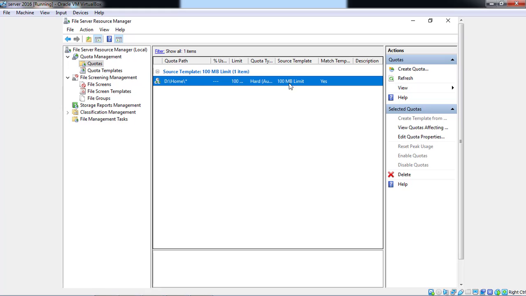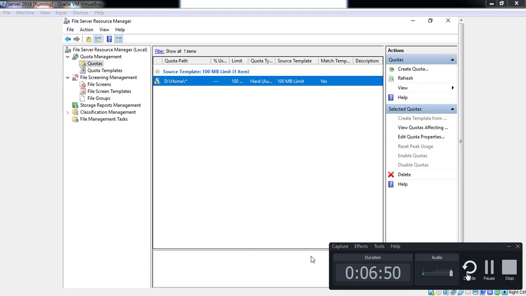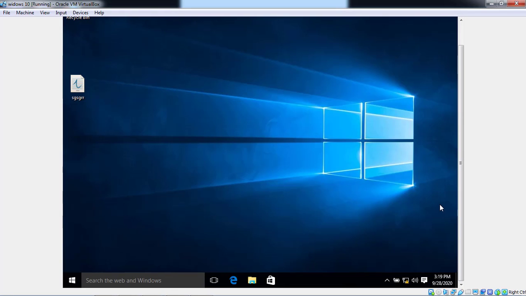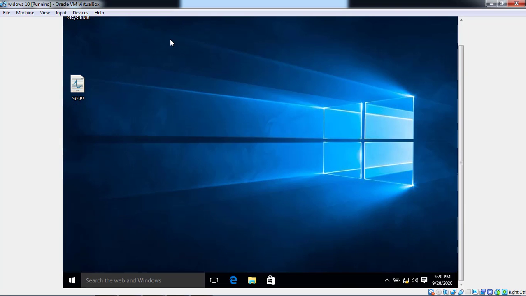Now we can check our setup on the client side. We have logged in with our Windows client operating system, Windows 10, with the test1 user. You can see the virtual machine of Windows 10.